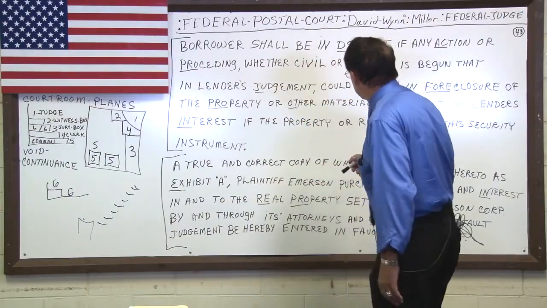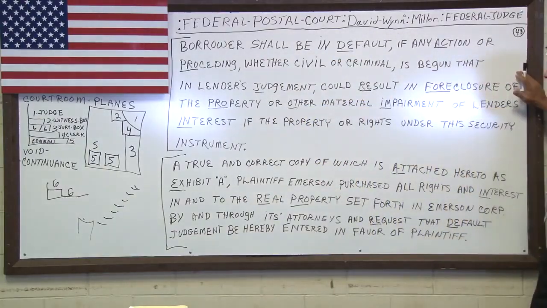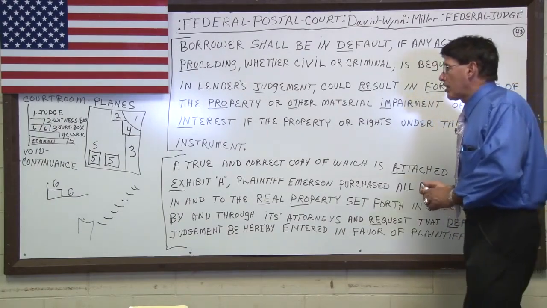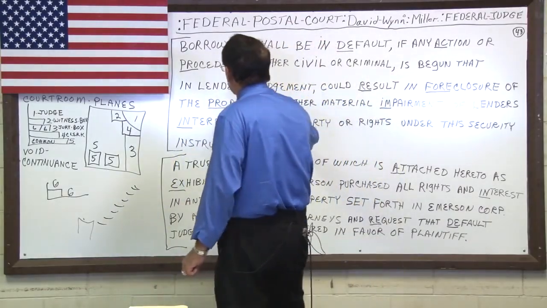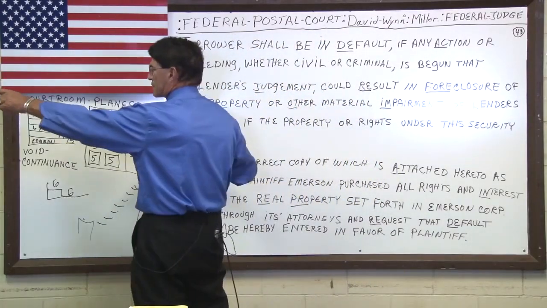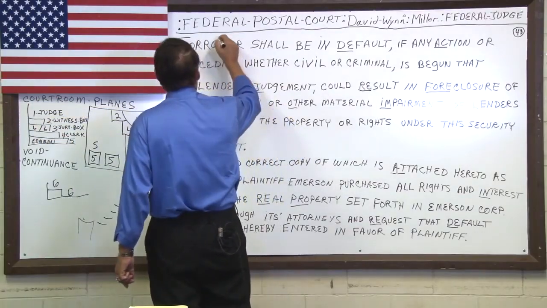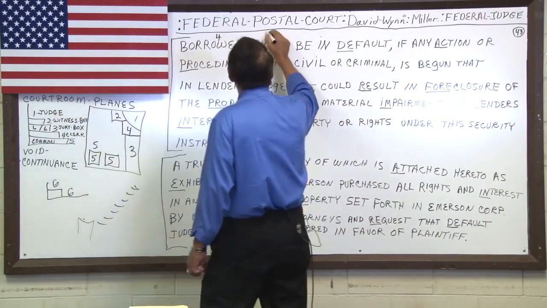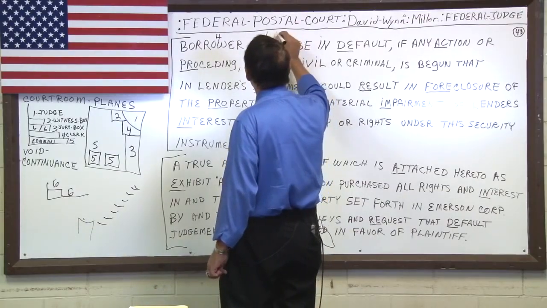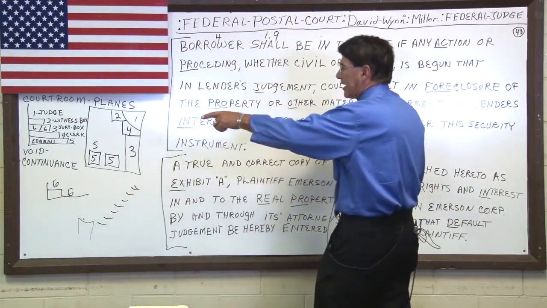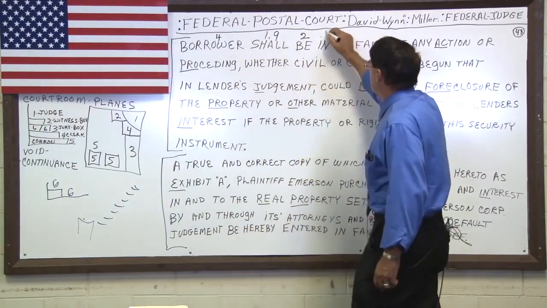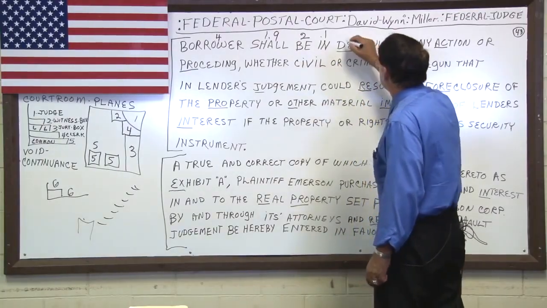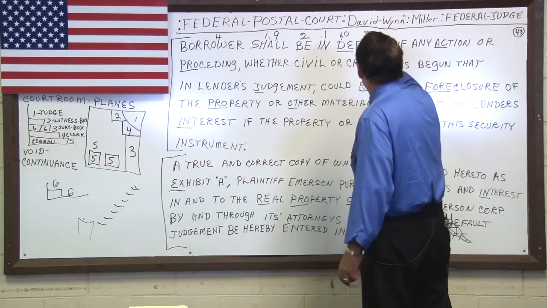So what we're going to do here is take this first sentence. This comes from the Fannie Mae Freddie Mac mortgage. It's on page 12 of the mortgage, and it contains 43 words. I'm going to go ahead and syntax this using the number system on the chart here. Now, borrower is going to be a pronoun. Shall is going to be an adverb in the future time, so I give it a 1.9. Be then becomes a verb, so we give it a 2. In is an adverb making default to mean no fault as a verb.